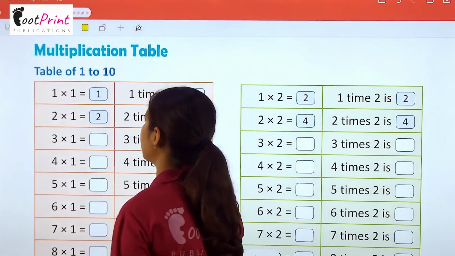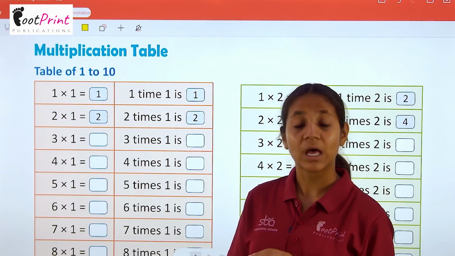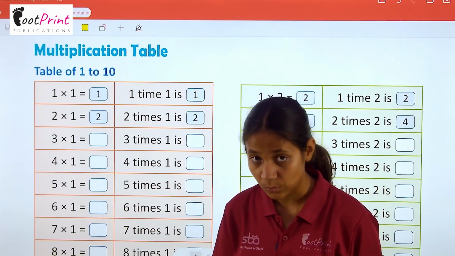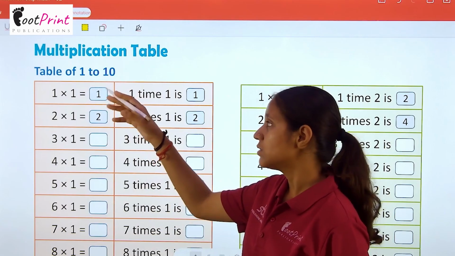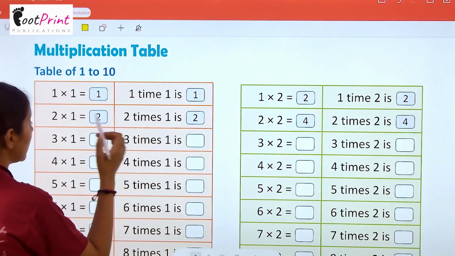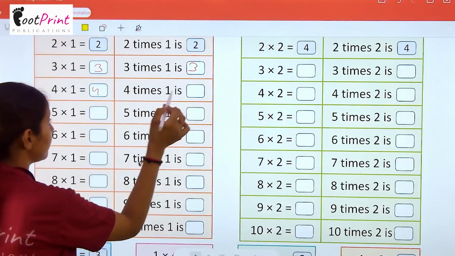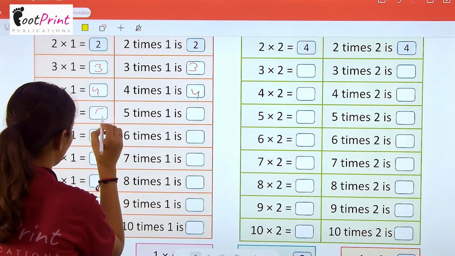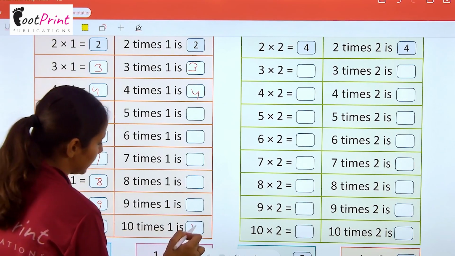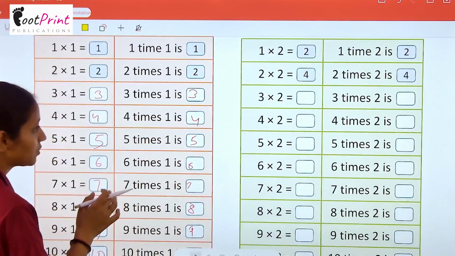Now we have multiplication table. That is very important to you. Okay. That is very important to everyone because multiplication table आपका एक base होता है आपकी calculation की ओर. Okay. So table of 1 to 10. So 1 times 1 is 1, 2 times 1 is 2, 3 times 1 is always 3, 4 times 1 is always 4. Similarly, 5 times 1 is 5, 6 times 1 is 6, 7, 8, 9 and 10 times 1 is 10. Okay. So यहाँ ये बताया गया है कि आप जो 1 से मल्टीप्लाई करते हो तो द आंसर इज सेम.